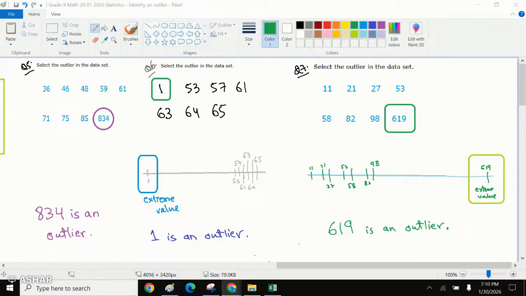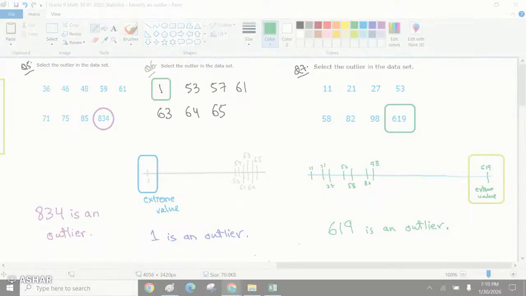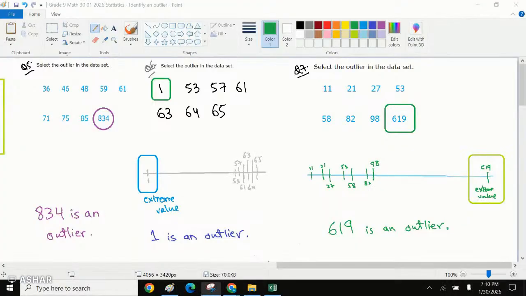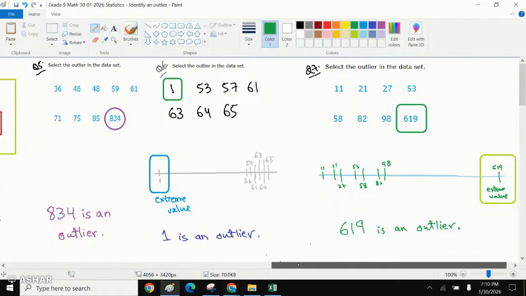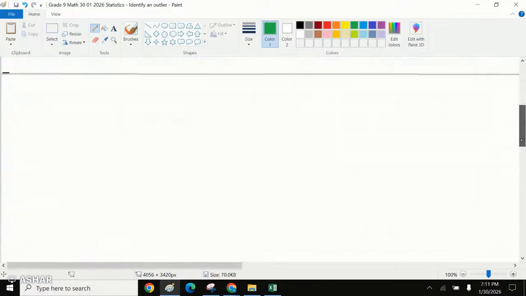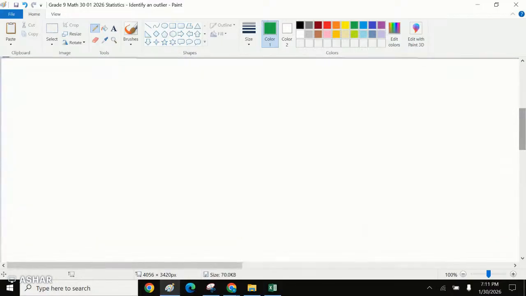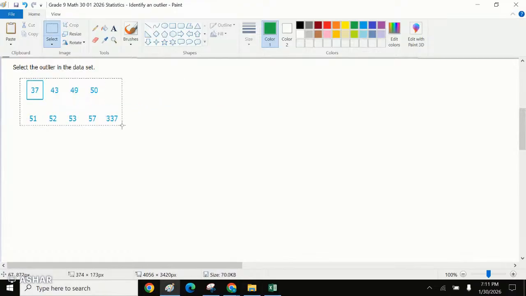For the next question, it says select an outlier such that, just a moment, please. For question number 8, we want to pick up an outlier. We need to select an outlier. If these were the values which were given to us,